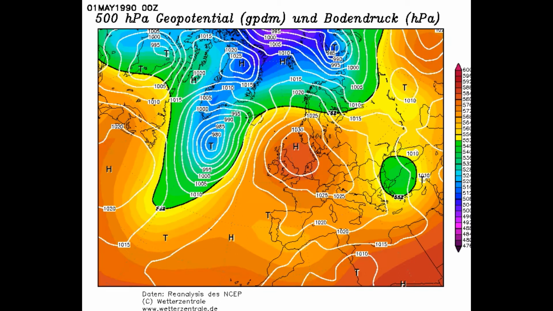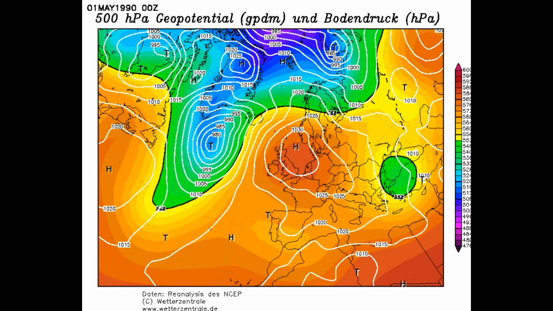Now as we go into May, this heat wave carries on into early May 1990. And overall, May 1990 was a very warm and a very dry month. It has a central England temperature of 12.6 degrees. And actually, every day between the 30th of April and the 6th of May, 25 Celsius was recorded. So this is what was really responsible for that CET. And also it was a very dry month, as I mentioned. In fact, northwest London records just 1 millimetre of measurable rainfall throughout the entire month. So a bit of a spring drought going on here.